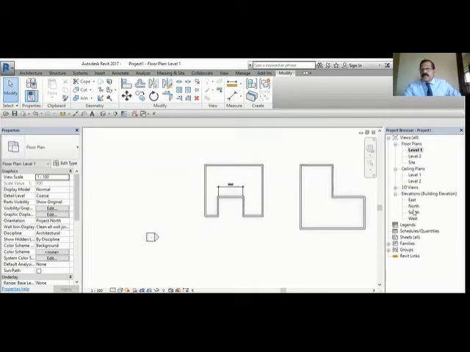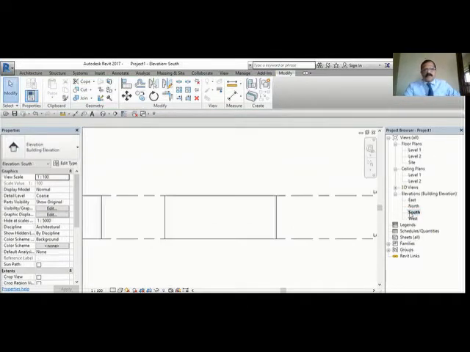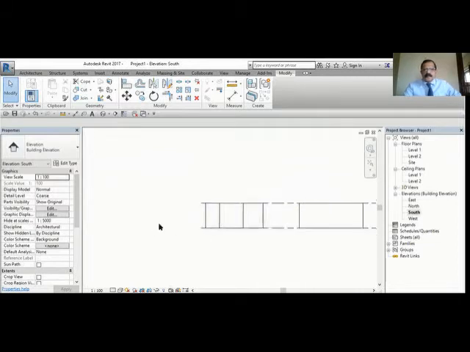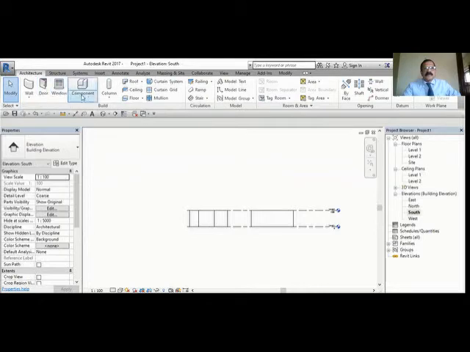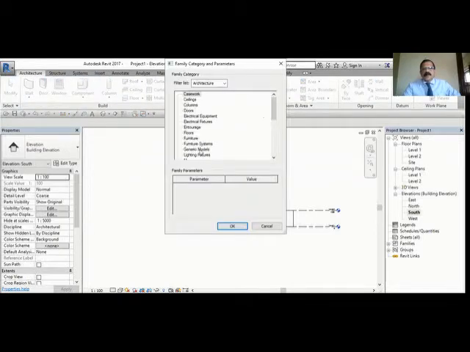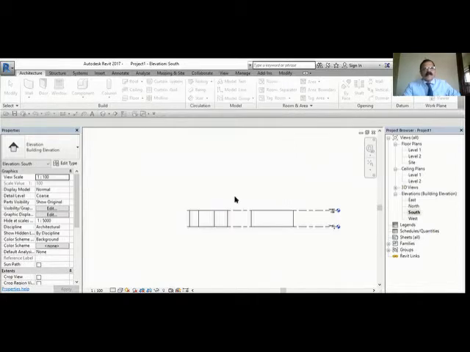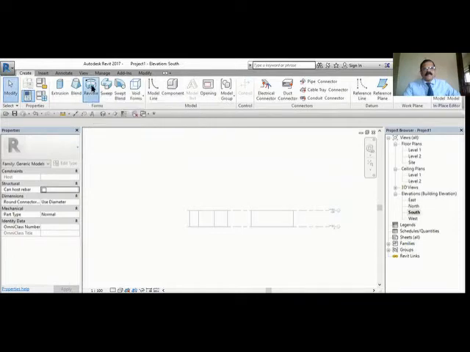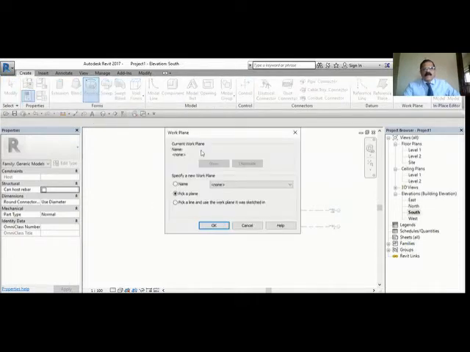So I'll go to south elevation. Now I will go to architecture, component, model in place, select generic, and revolve.